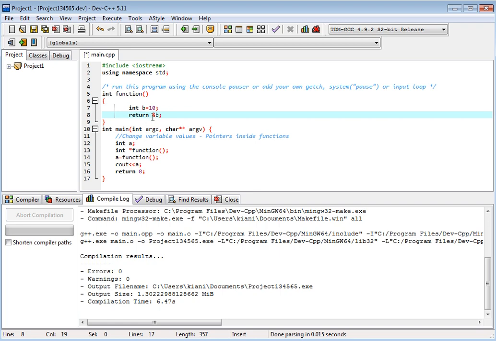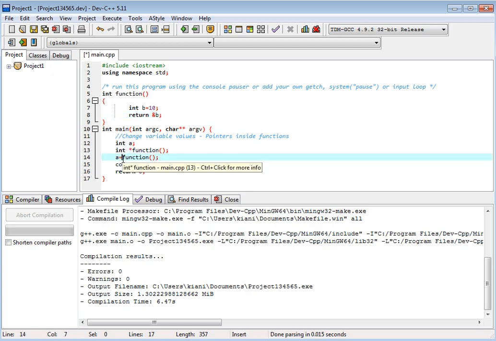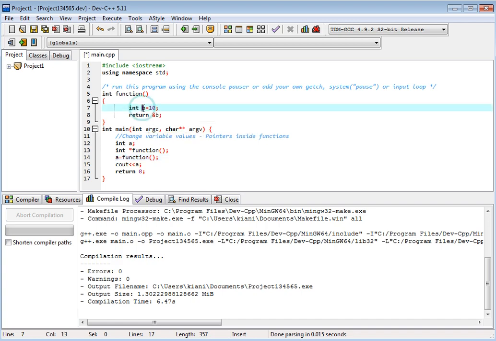Okay, and b means address of b, and we have the address here. We are passing the address, not the value, so this should be a pointer, because a pointer holds the address of b, but the value at b is 10.